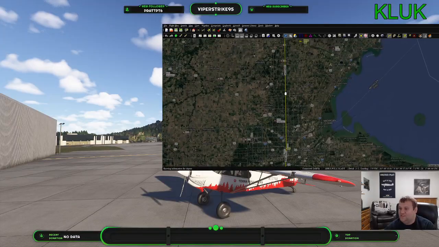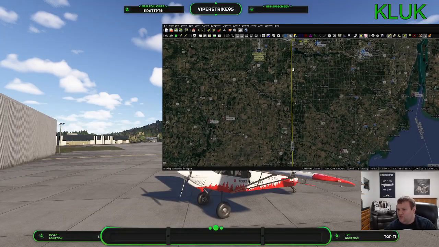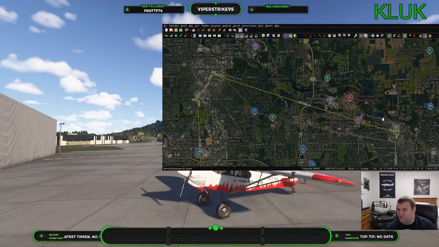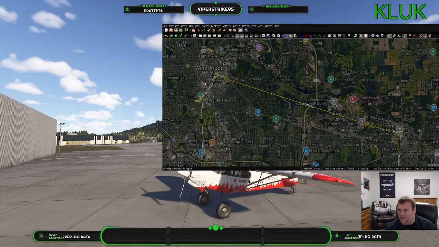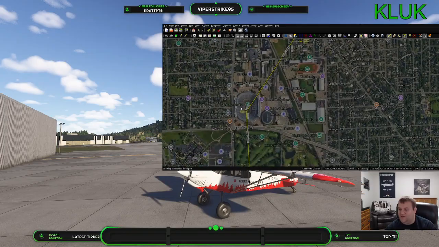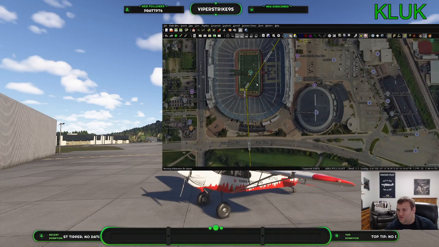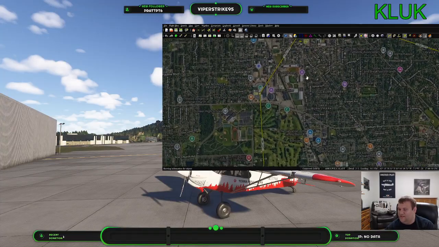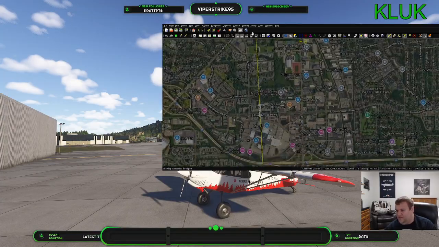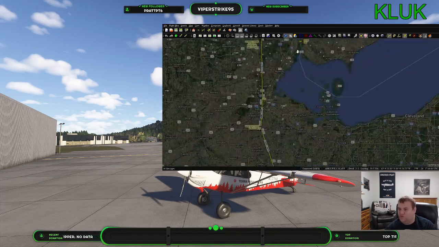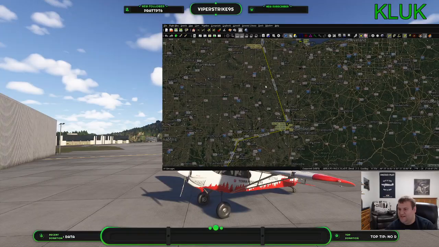Then, of course, we're going to cross the state border into Michigan. We'll do a brief flight into Ypsilanti. Of course, the big one, Ann Arbor, and more specifically, we're visiting the University of Michigan at the Big House, where they're hosting the game today. This weekend at the Big House, the largest stadium in the Western Hemisphere, 110,000 people attend games. And then, of course, our last stop is Ann Arbor Municipal. That is how this flight's going to be panning out today.